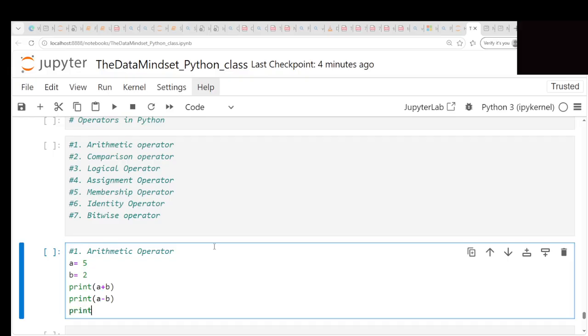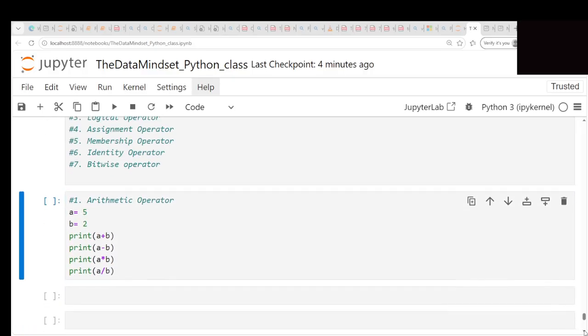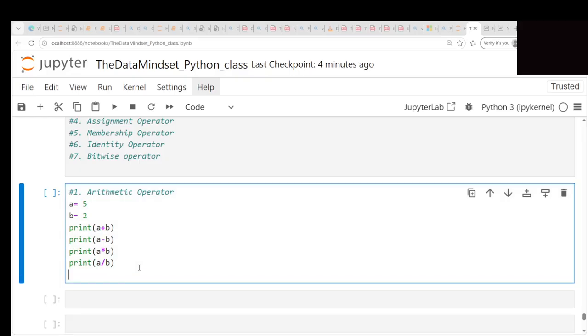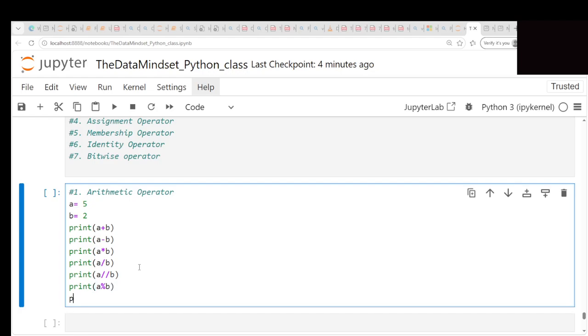Print a into b. Here the multiplication operator is nothing but the star sign. Again, print a divided by b. And now print a double division b, or a modulus b. And print a